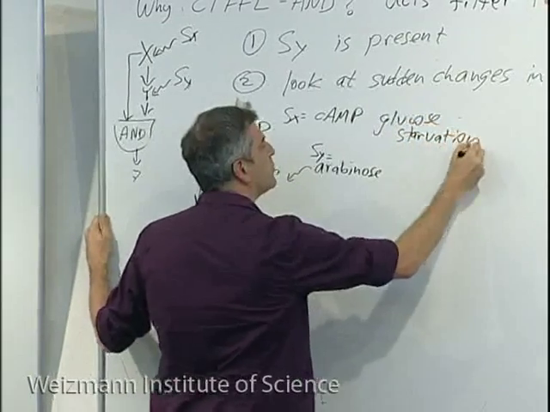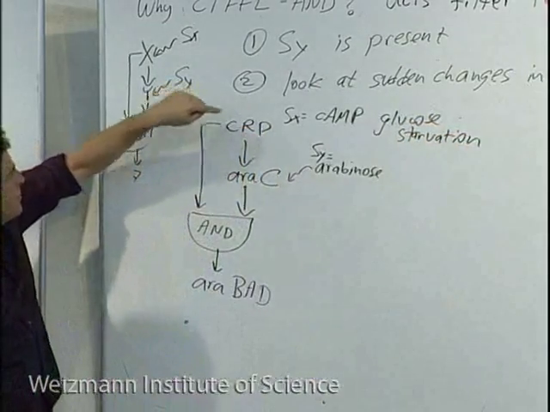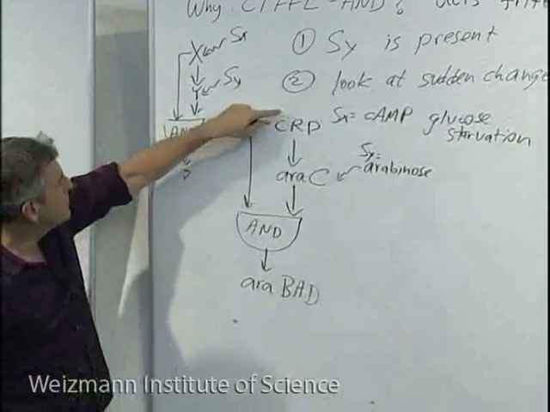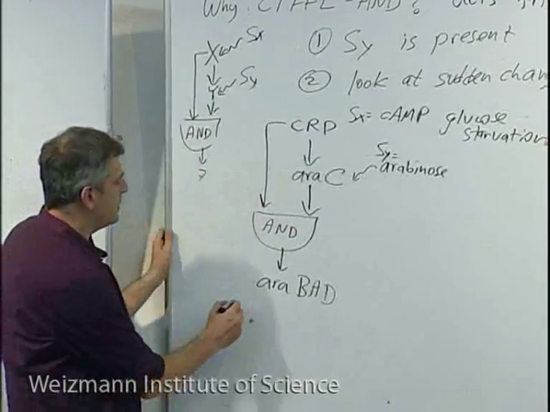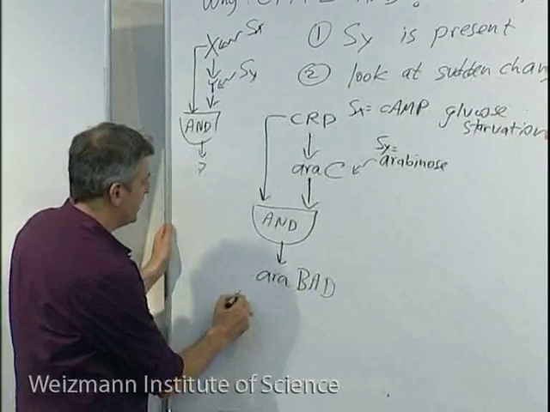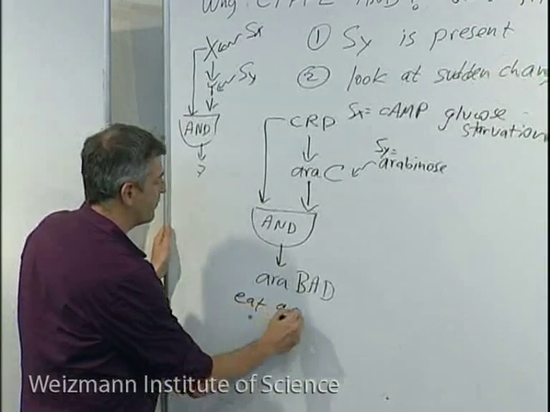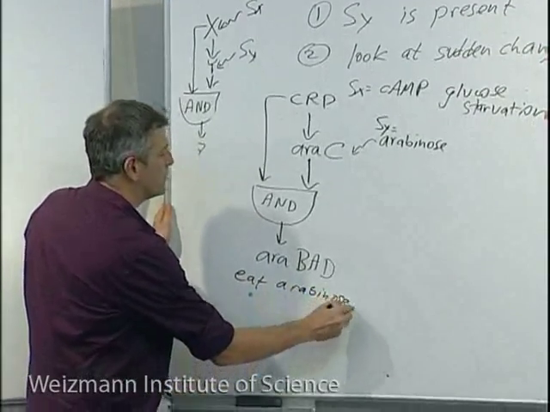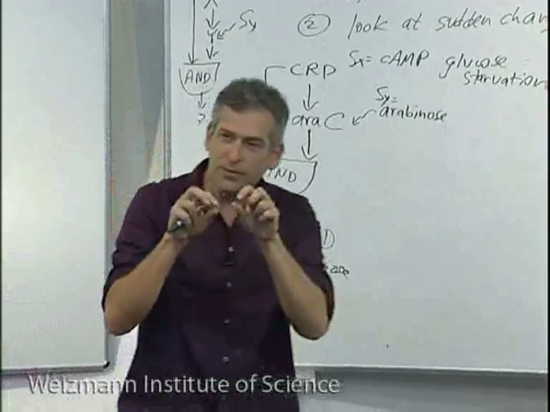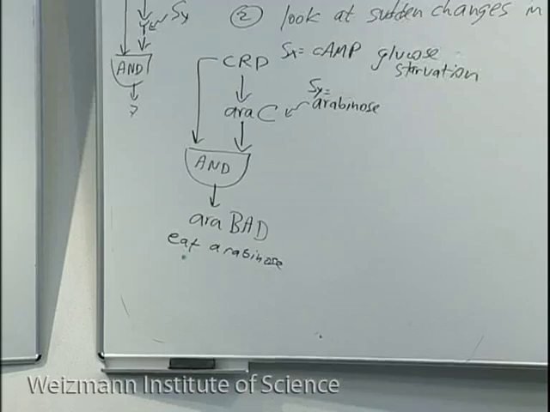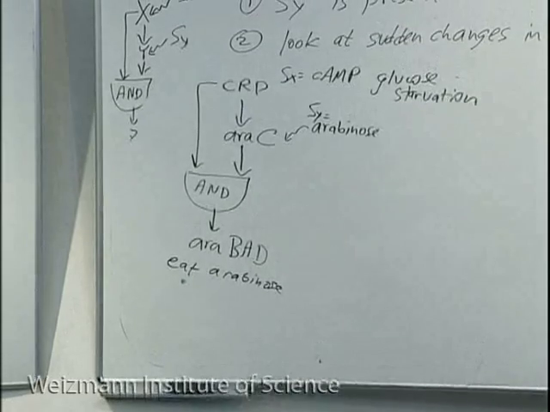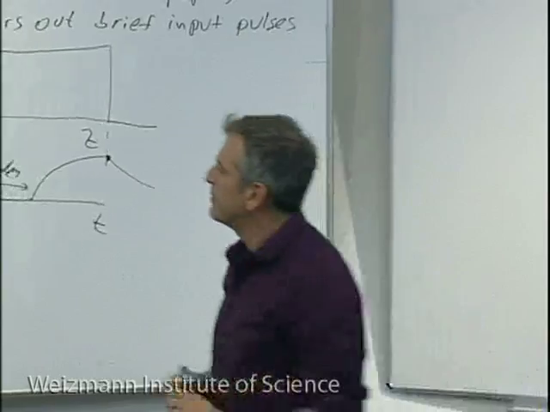So the way this works is, if I'm starving and there's arabinose around, I make the proteins that enable me to eat this sugar. These proteins cut up this sugar into pieces that E. coli can use, and it regulates other genes that are the pumps that pump in this sugar. So that's the logic of the system. And to analyze the system,